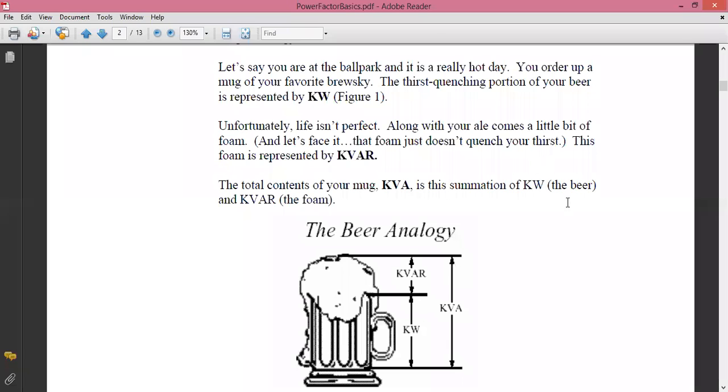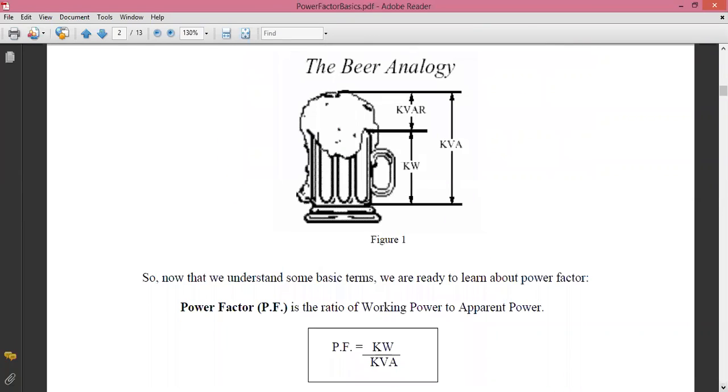Because today we are discussing only the first question, that is what do you mean by the power factor. First of all, you get an idea of what power factor is. After that we are discussing what are the various causes of low power factor, what will happen when the power factor becomes low, what are the various improvement techniques and all that. Clear? So this is the first example.